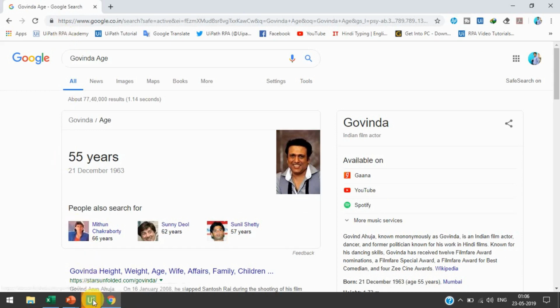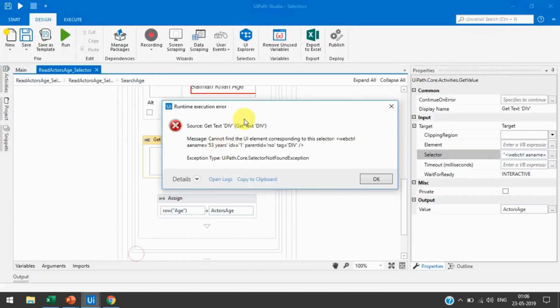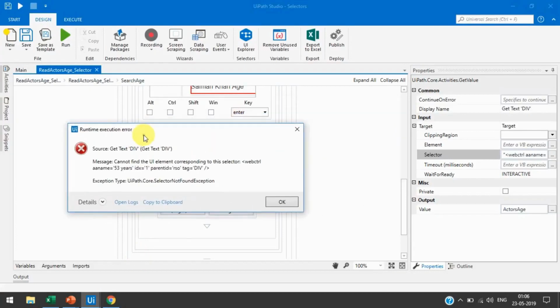Okay, so now we are getting this error. It is showing cannot find the UI element corresponding to this selector: web control aaname equal to 53 years, idx equal to 1, parentid equal to rso, and tag equal to div.